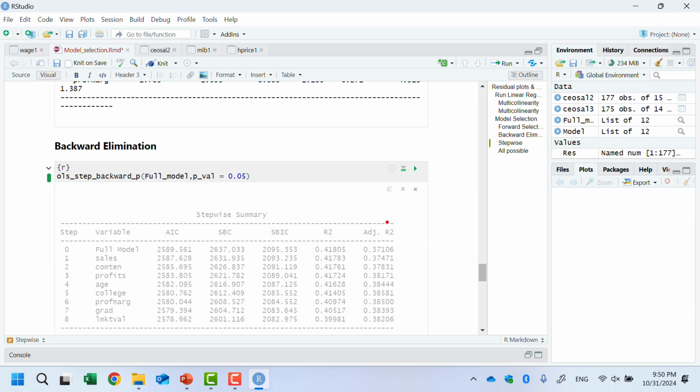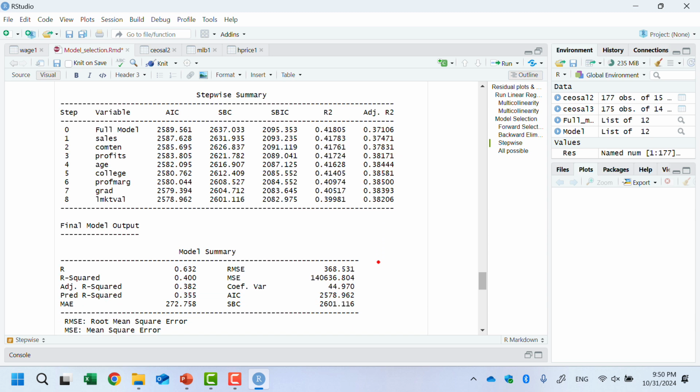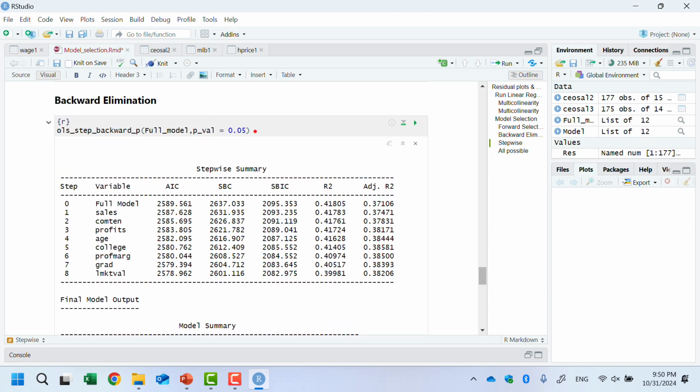if you run this from the full model, as you are dropping the variables, R square is going down. However, adjusted R square is going up, right? As you can see here, since we use the p-value as the criteria, even though adjusted R is going up and then going down, this is the maximum adjusted R, but it's going down.